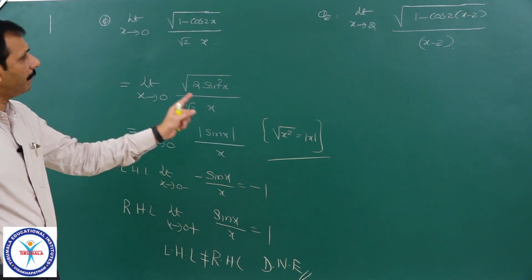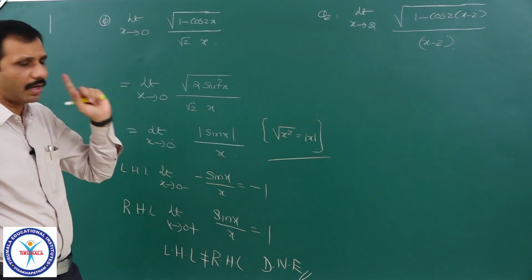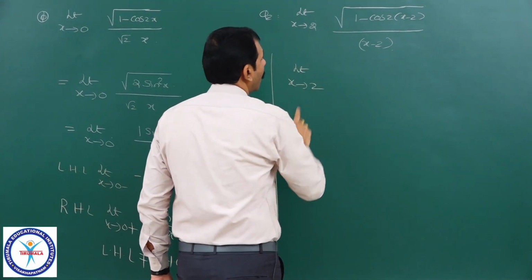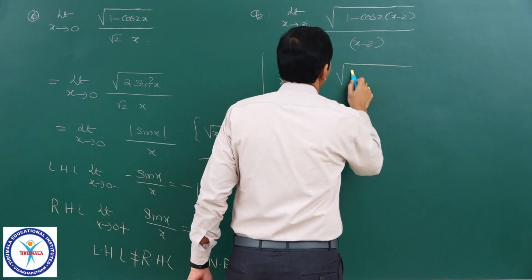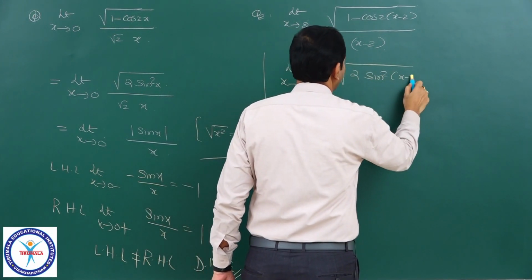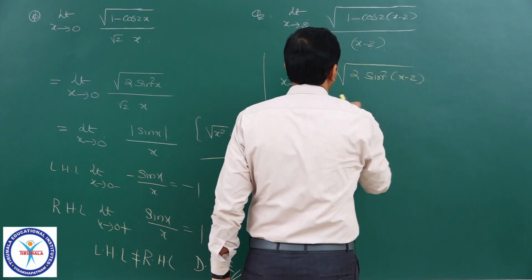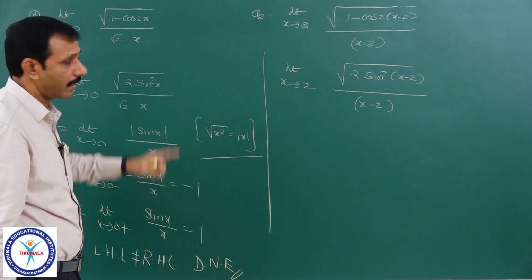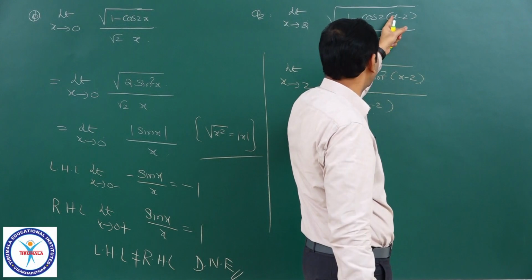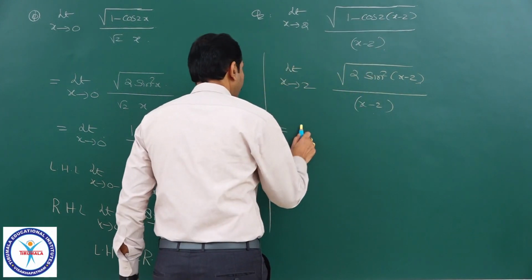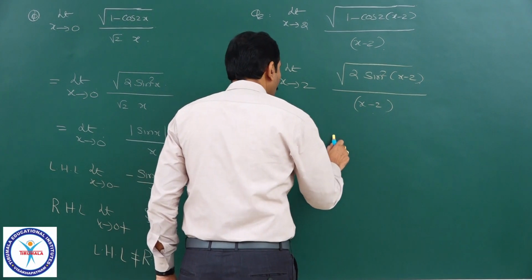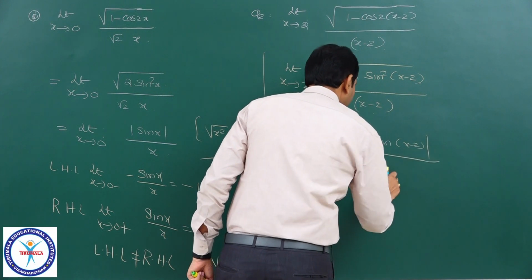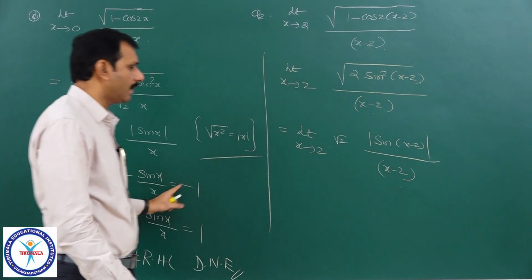A similar problem they asked in JEE is this problem also, almost the same model. Observe this. Limit x tends to 2, root of 1 minus cos 2 theta, root of 2 into sin square of x minus 2 by 2, means 2 will get cancelled by x minus 2. Here also cos 2 theta means 2 sin square theta I have written. Here it is 2 sin square theta by 2, means this 2 will get cancelled. Again it is limit x tends to 2, root 2 outside, mod of sin of x minus 2 by x minus 2. Again same reason here.